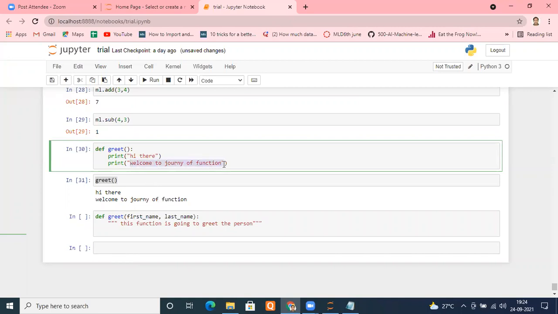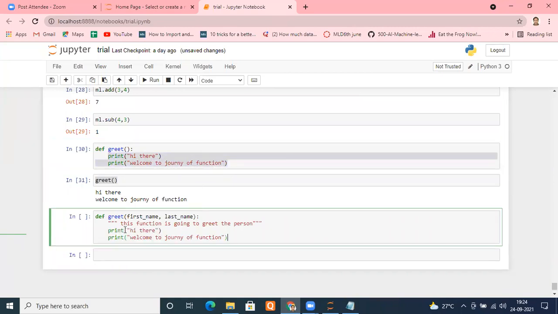And here also, I am going to put first name and last name. So what I'm going to do here, I'm copying both the lines and see what is going to happen. I want to take the first name, whatever he's going to enter. Whatever first name he enters will be coming as a variable. Remember, it will be coming as a variable. So for entering a variable inside the string, how do we do that? We can put a formatted string here.